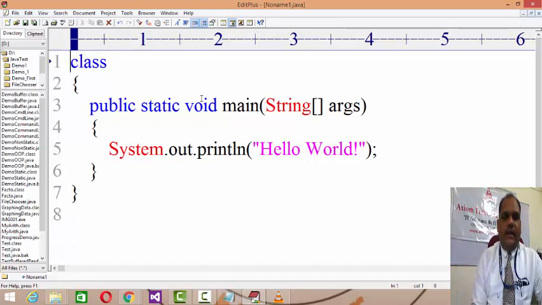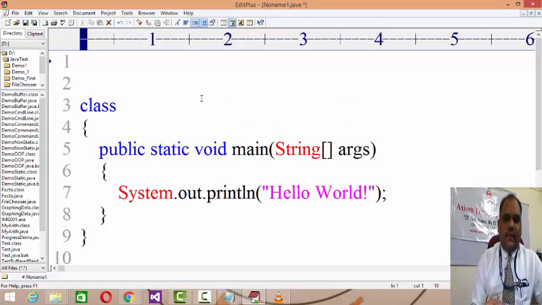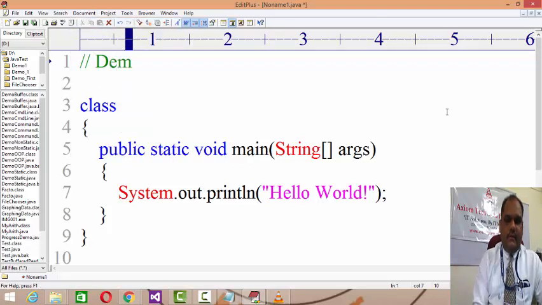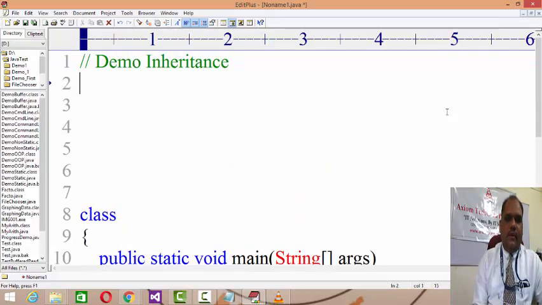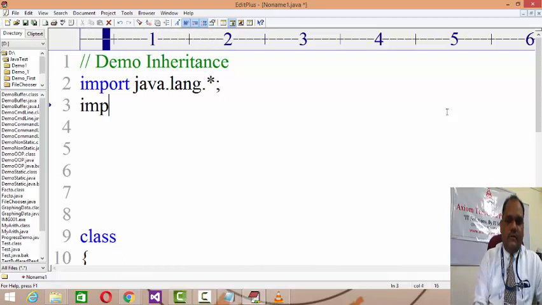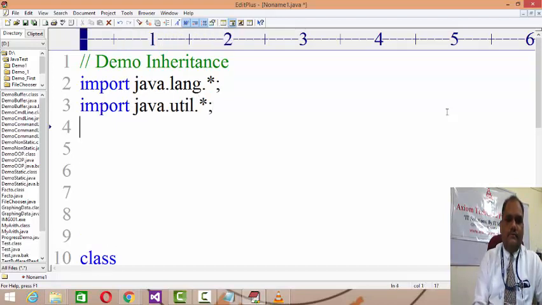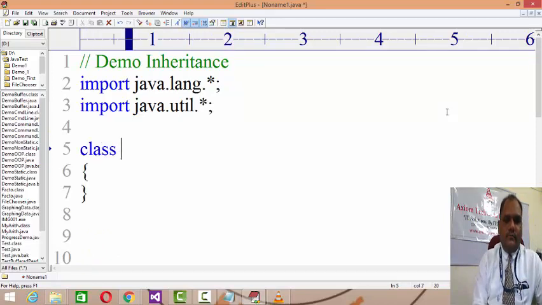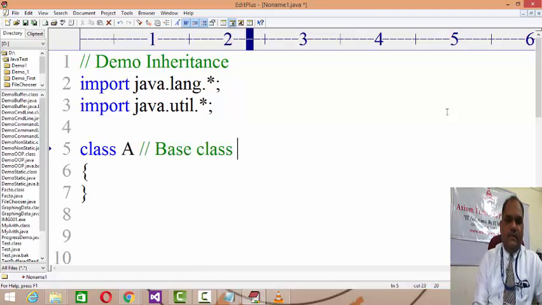I am writing code for explaining inheritance. Demo inheritance. Let's say I have import java.lang.*; import java.util.*; I have class A, which I am going to define as a base class, right?